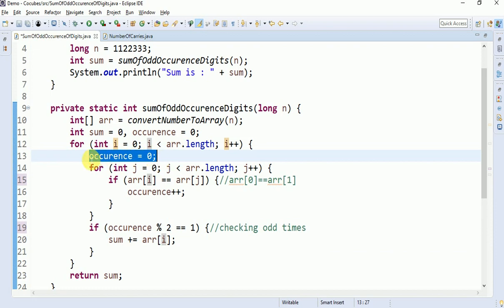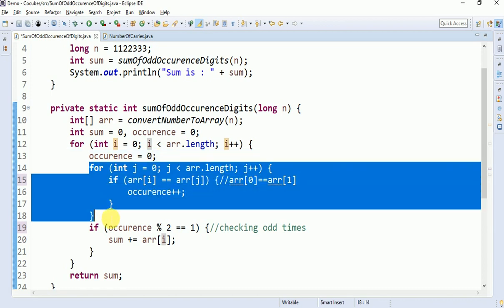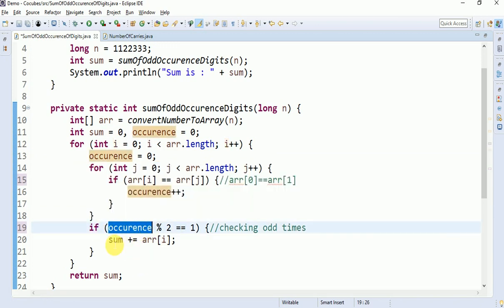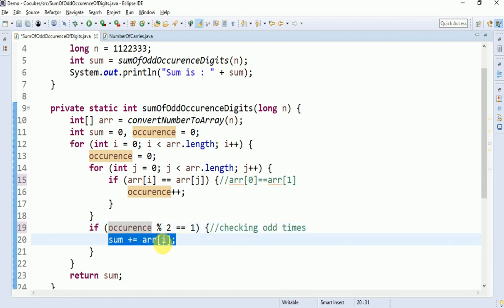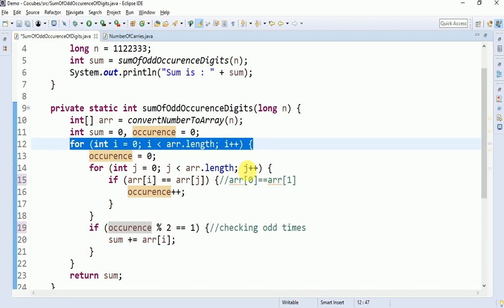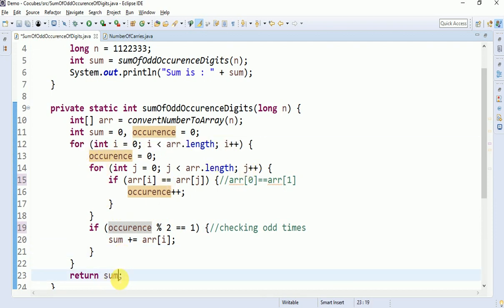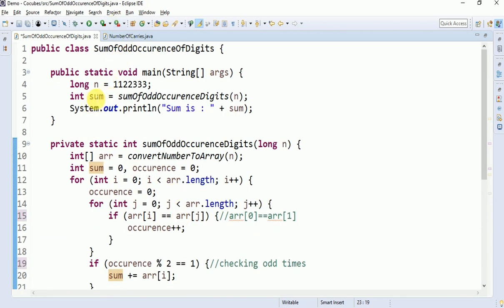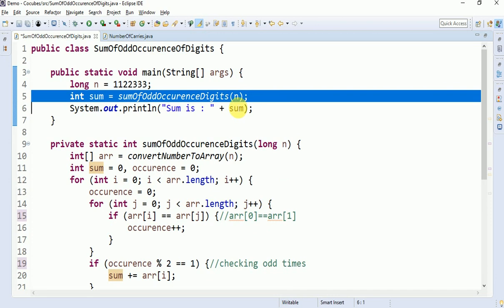If you don't give this, everything goes wrong. Again you are counting the occurrence. The same flow, and whenever it is an odd-time occurrence, it just sums up. Finally, when the outer loop finishes, you return the sum. So in this way you get the sum which is getting printed.